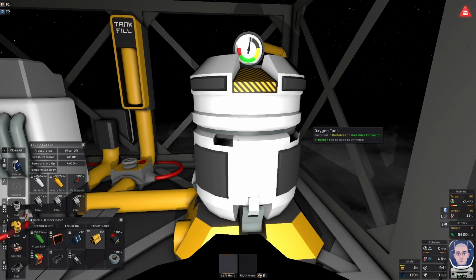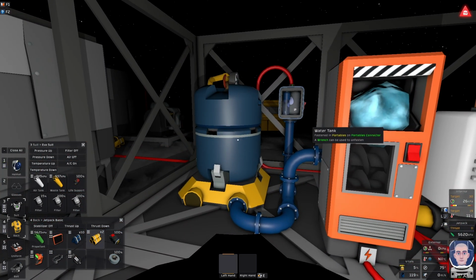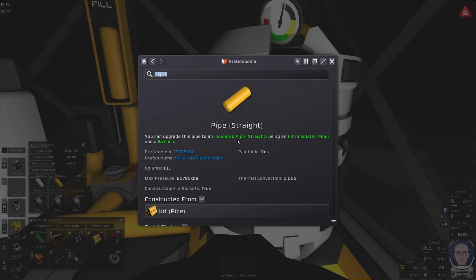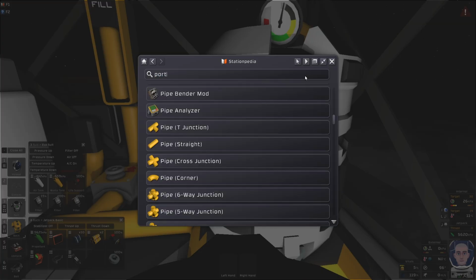This is called a portable tank. This one just happens to be spray painted blue. This one happens to be spray painted white, to differentiate between oxygen and, well, a liquid, water in this case. So if I look up portable,